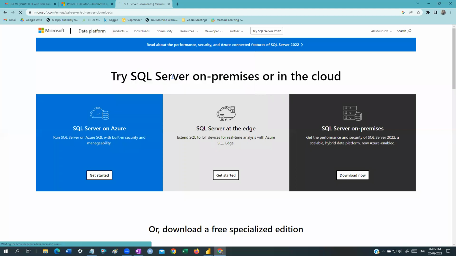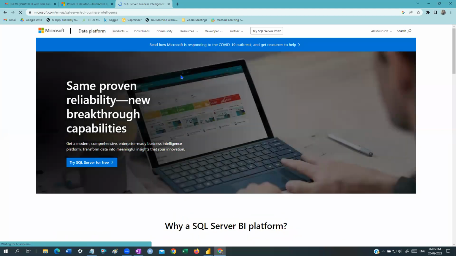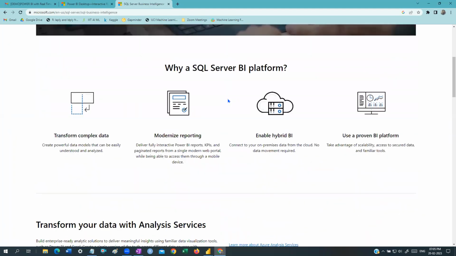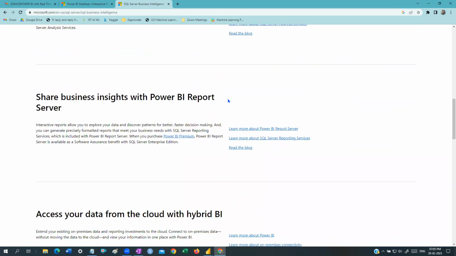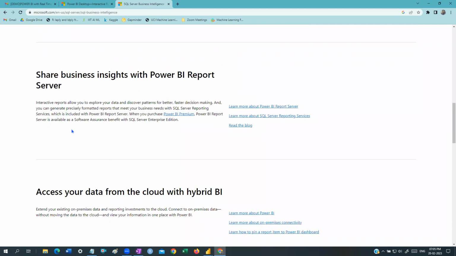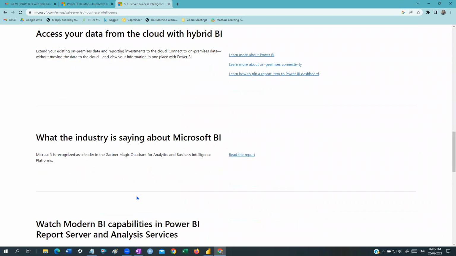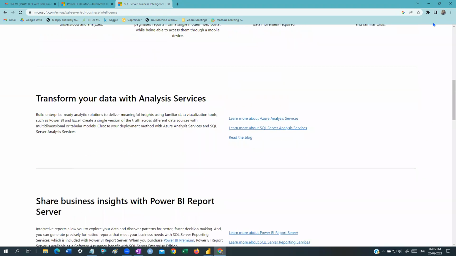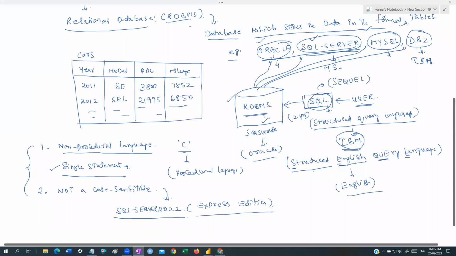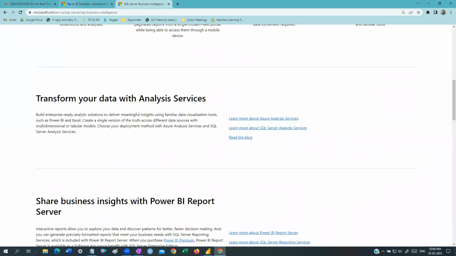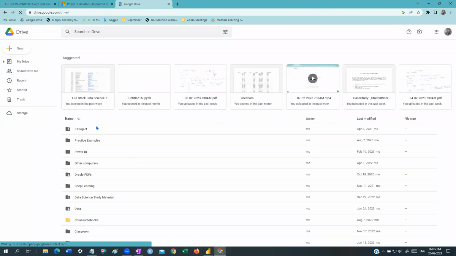A SQL Server BI version is also there, specifically for BI, a separate version. These are all Power BI Report Servers. So download the 2022. Even if you don't download it, don't worry, because I'm going to share the software with you. I already uploaded that particular software to my drive.